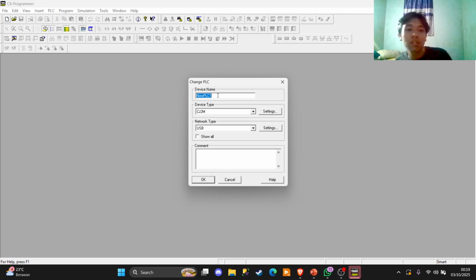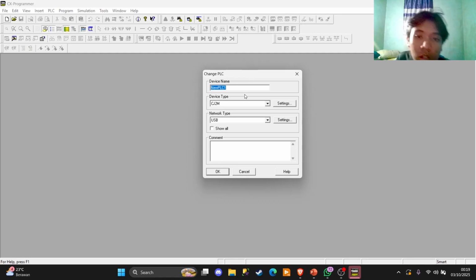Okay, so this is the PLC. We can set the device name, whatever you want, that is up to you. The device type is the CP1L Omron type of PLC, and the network type is USB, which means we're gonna upload the program to the PLC with USB.